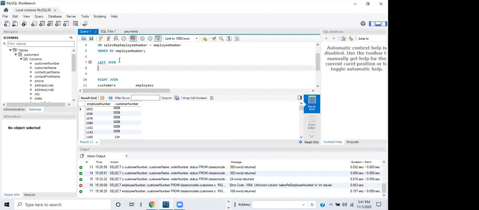So we were using customers, where there was always a customer, and orders,